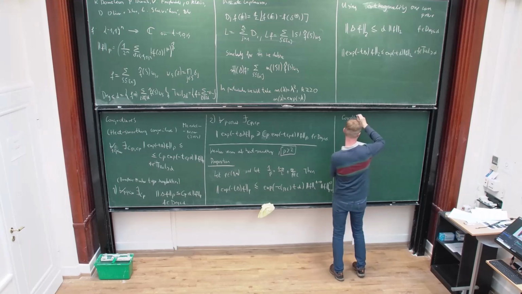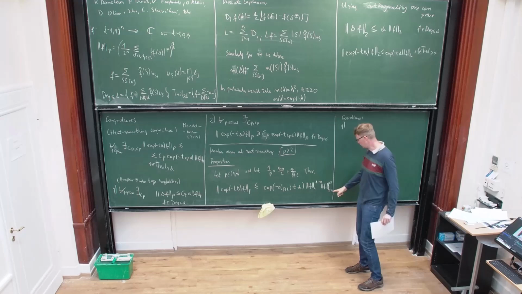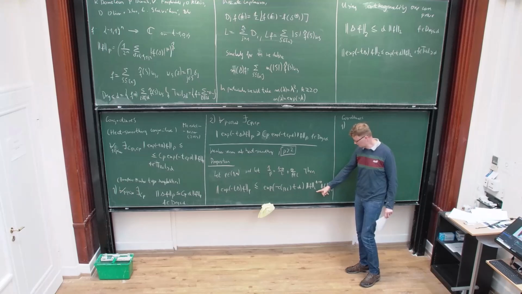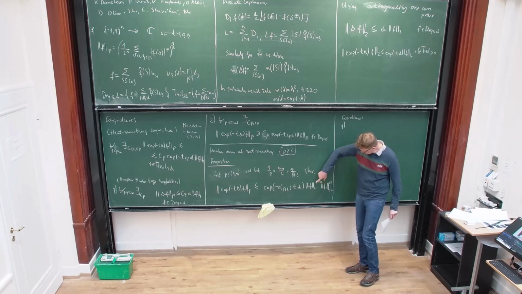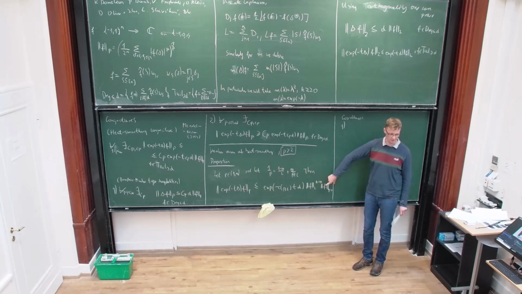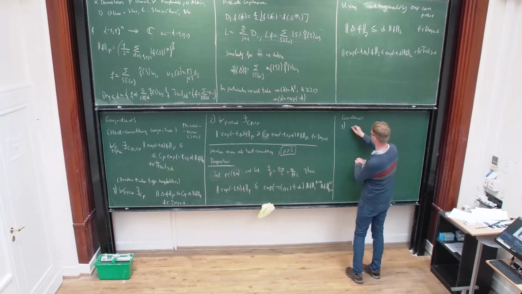One is that, as I mentioned, we get the p plus epsilon norm here, but this is the second norm. And the second norm is smaller than the p plus epsilon norm because p is greater than 2. So we can replace the second norm here with the p plus epsilon norm, and all these expressions will glue together to the p plus epsilon norm. So, the first corollary is that I can write it.